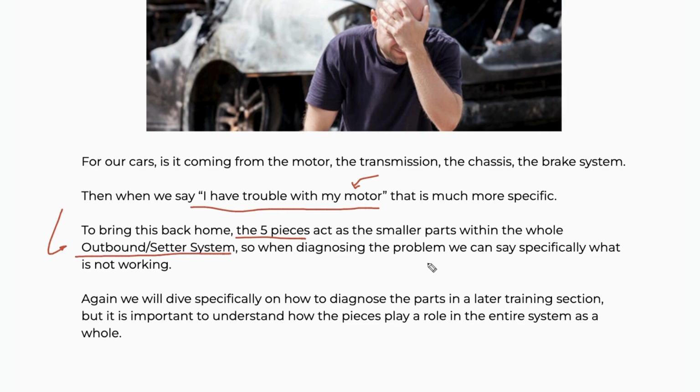We want to know, okay, what metric is not within KPI, right? Very similar to this. Is it the motor? Is it the transmission? Is it the chassis? Or is it the brake system? So is it the outbound call dials? Is it the quick chats booked? Is it the quick chat showing up? Is it the offer percentage? Is it the strategy session calls booked? What is it? Which part of the entire outbound setter system do we need to focus on to solve that